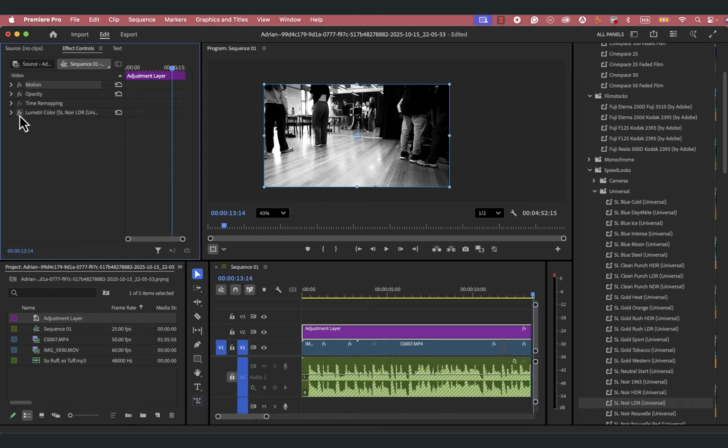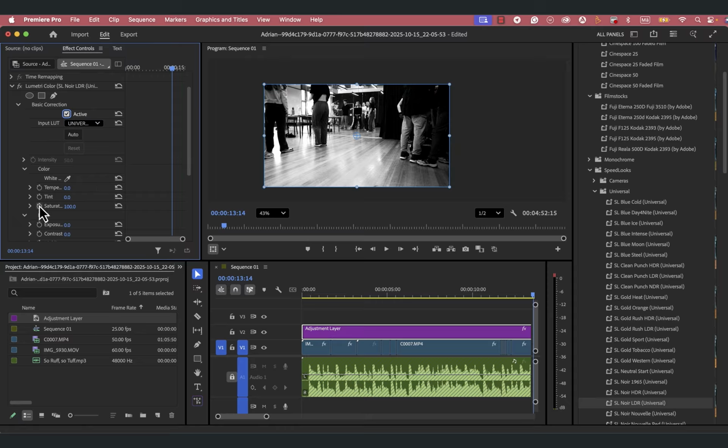And see what happens if I switch it on or off. Yeah, the way that it changes things. You've got under light, you've got contrast and exposure, so you can modify